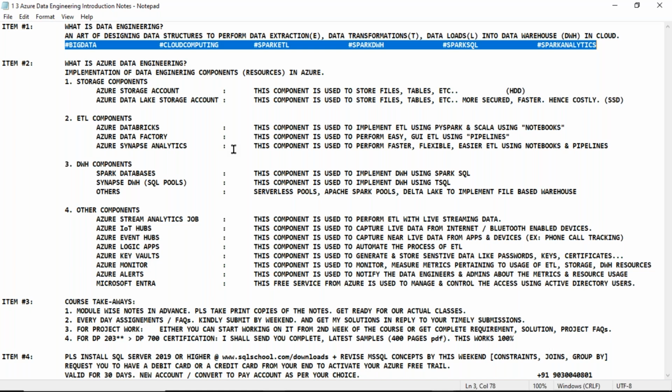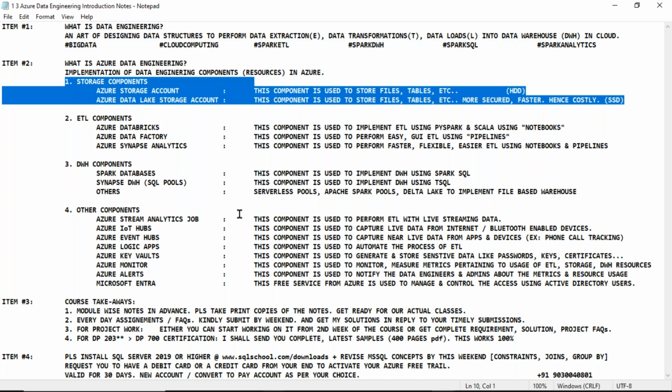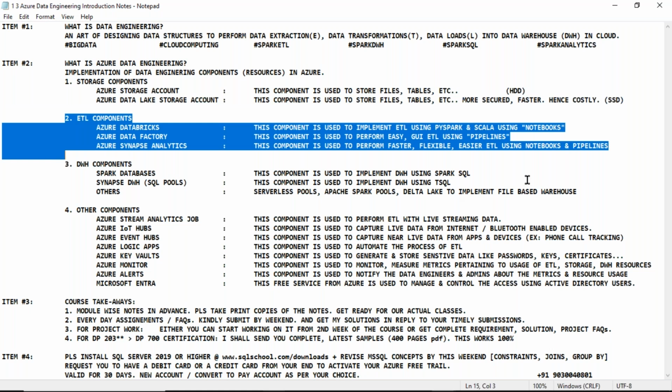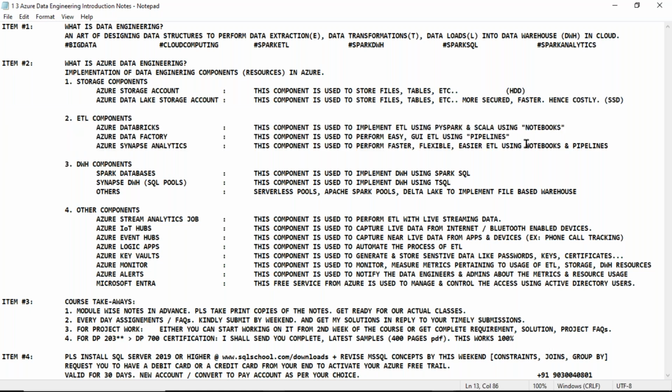Here we are going to learn various components like storage components, something called ETL components with notebooks, pipelines, and blending together, data warehouse components, one open source and Microsoft, and few other derivations,